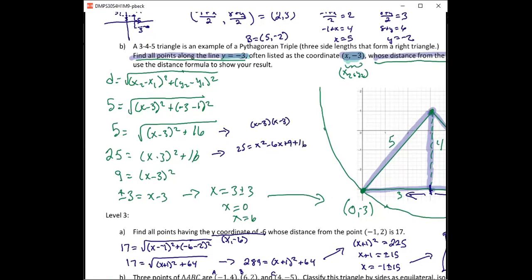And then we could bring everything to one side, because that's what we do with quadratics. Factor out the x, and we get our two solutions of x equals 0 and x equals 6. So that is definitely a valid approach. Sometimes that's not quite as easy. In fact, with problem 3a, I would definitely not take this approach,